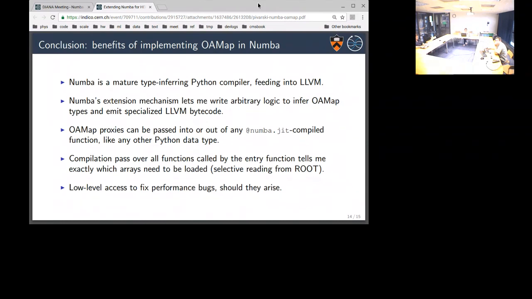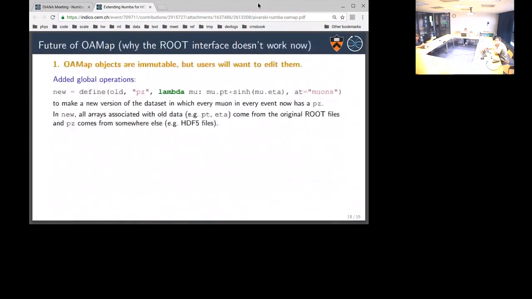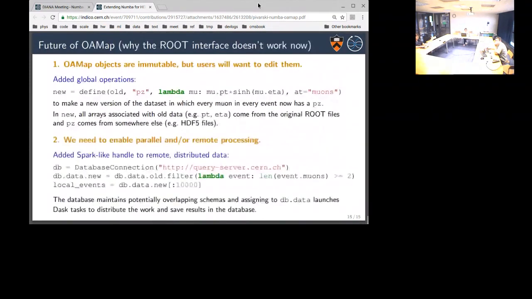So I want to have that to show for it at the end of 2019. The first component was getting the data from the root files. The second component was the execution engine, in other words, OAMAP. The third component, to move on to my last slide, is being able to distribute this.